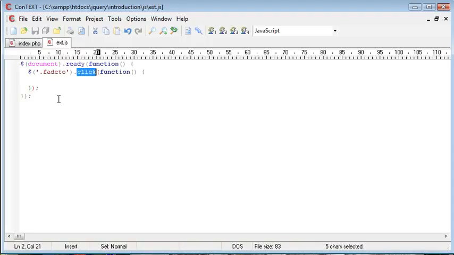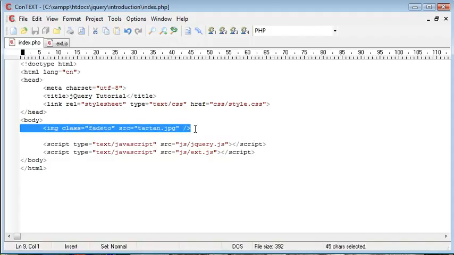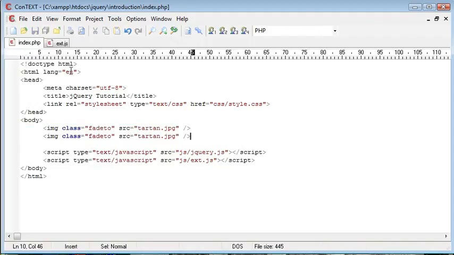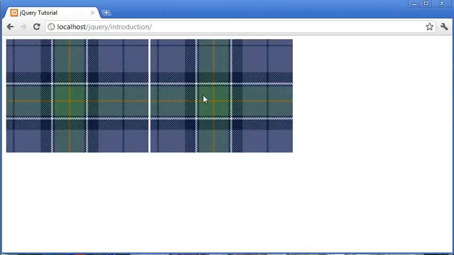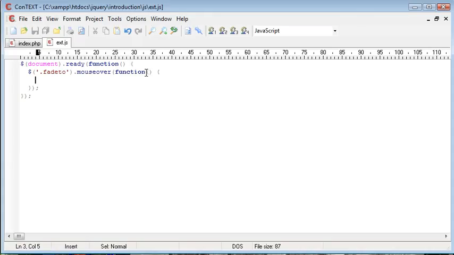an element with the fade2 class has a mouse over it, I want to perform a particular action. I want to bring the opacity of the particular element that we've selected up, and all the rest I want to fade. In order to show this example more clearly, I'm going to duplicate this image. With ext.js, what I want to do now is set the opacity of both of these images to something before we begin. So just up here before the fadeTo mouseover event, I want to go ahead and set